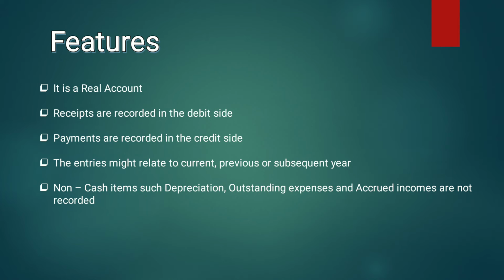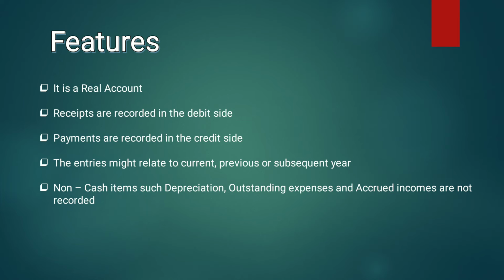Okay. So next we have, receipts are recorded on the debit side. Receipts are nothing but the cash received. Yes. So whatever cash comes in, we record it on the debit side, and all the payments, the cash going out, right? All those payments will be recorded on the credit side. Okay. So this is a generic format we will see in the coming slides. Just understand what is recorded on the debit side and what is recorded on the credit side.